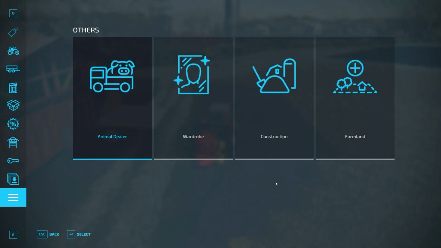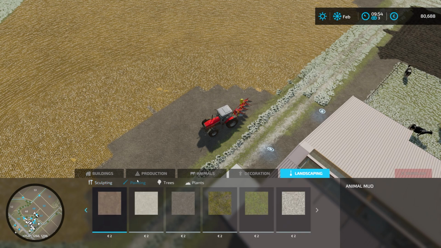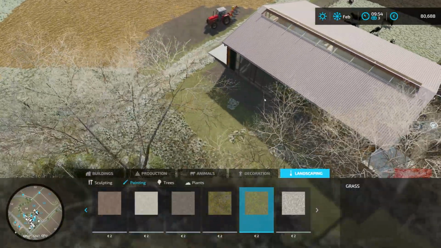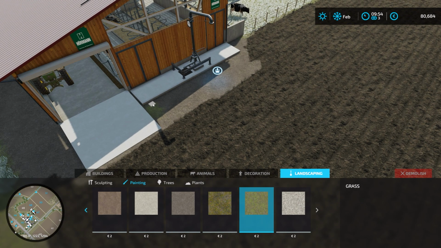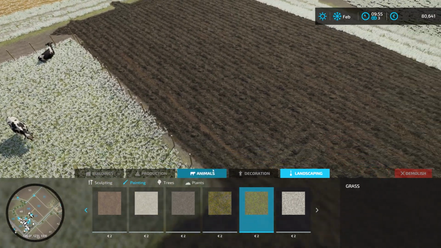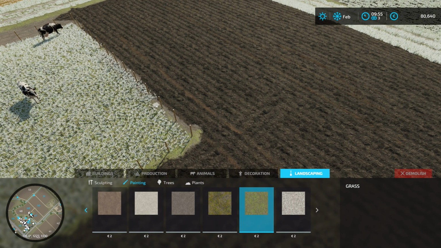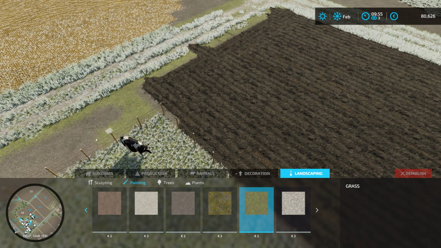Hop into construction mode. Landscaping. Painting, because who doesn't love painting? I think we'll just do grass. I think that's the texture. You can see we need to be very careful. There we go. Okay, can't fix that area. But we can come